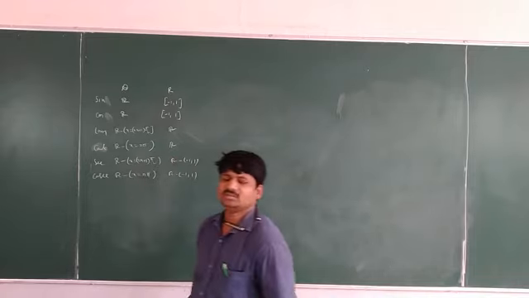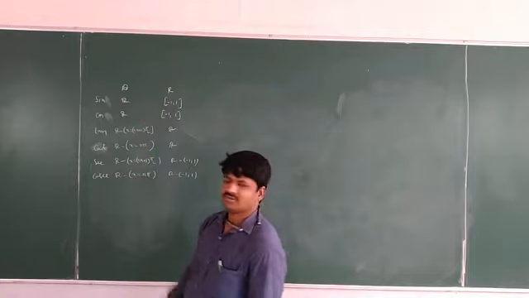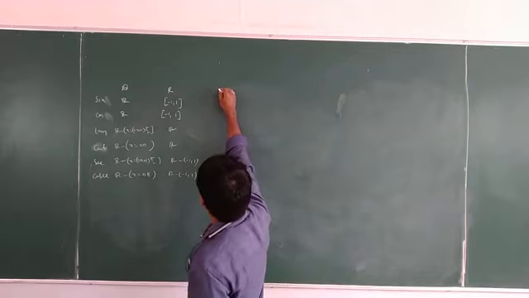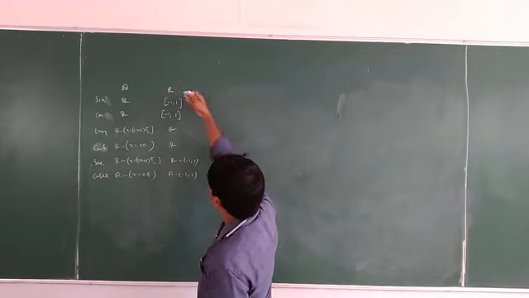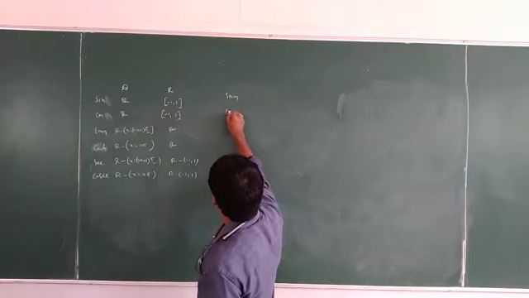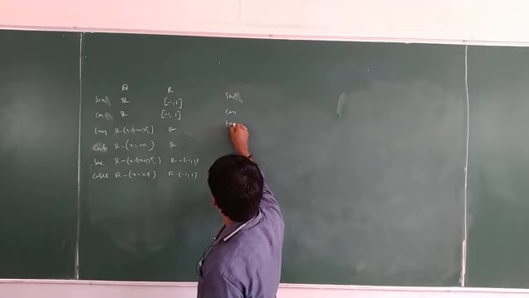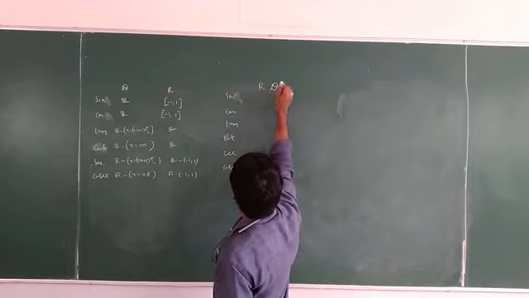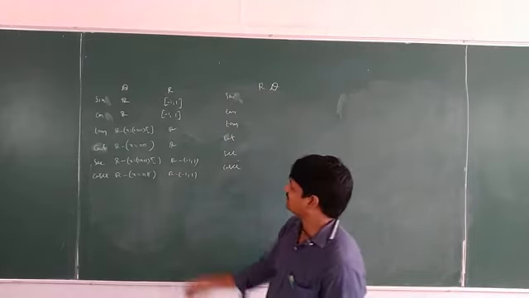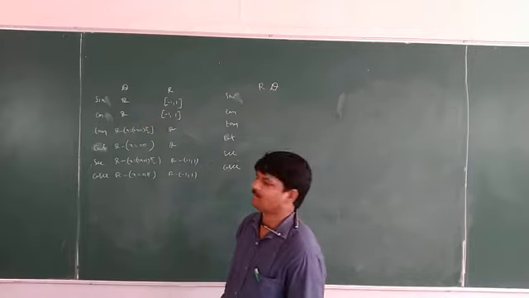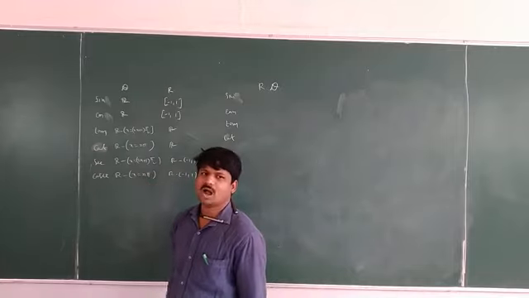Okay, these are the domains and ranges of trigonometric functions. After restricting the domain, the range is the same only. What is the restricted domain? For sin, cos, tan, cot, secant, we need a restricted domain. Why? Because these trigonometric functions are not bijective functions. To make these bijective functions, compulsorily what we have to do? We have to restrict these domains. How do we have to restrict?